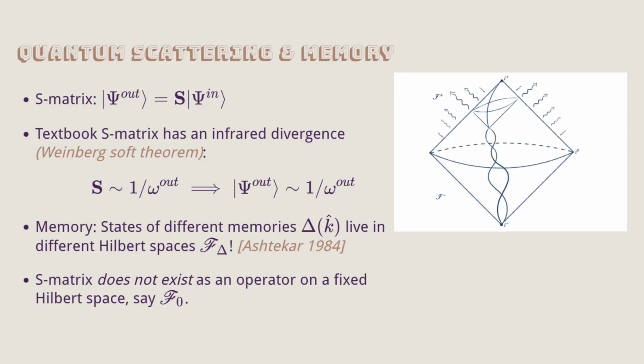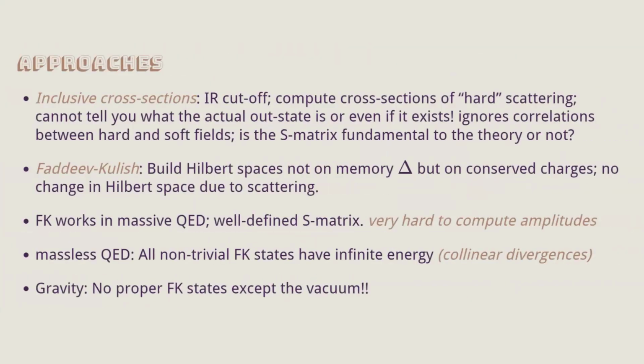So we've discussed other ways that are not in this list of how to do this, but the standard way, one of them, is inclusive cross sections, and you can actually compute many things. A lot of people like this Faddeev-Kulish stuff, which is related to the question about supertranslation charges. They did this in electromagnetism, and it wasn't phrased by Faddeev-Kulish in this way, but what they're really doing is, we don't like this delta thing. It's not conserved. It's taking us between all these different memory sectors.